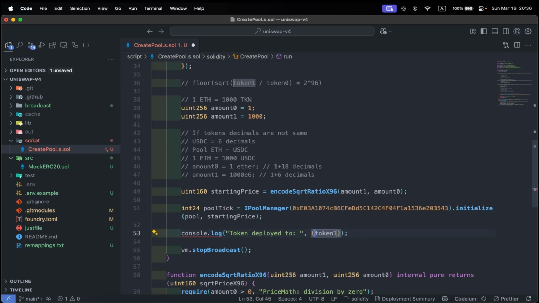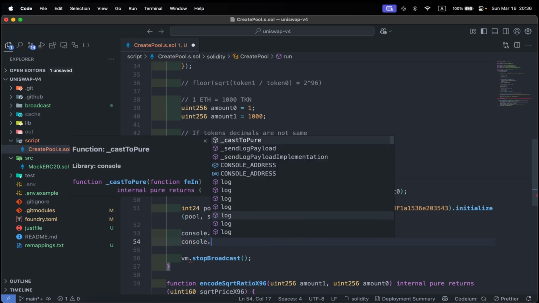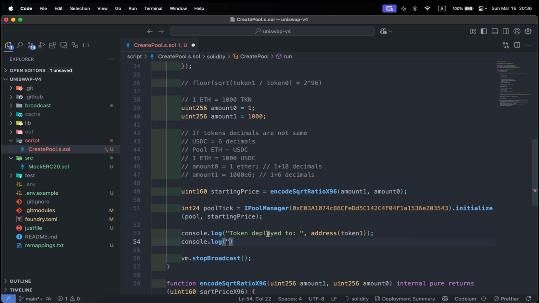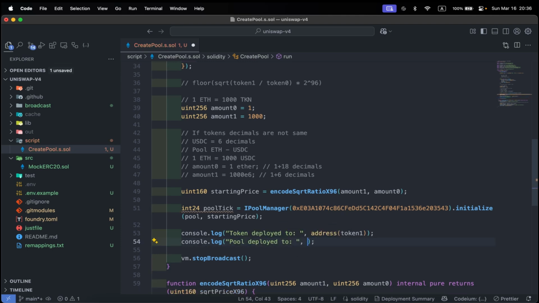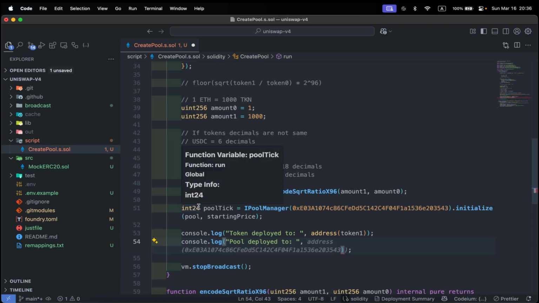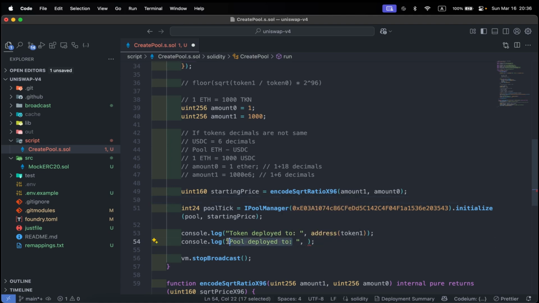Okay, we have the address here, token 1, and console.log pool deployed to. Maybe I would say pool tick is, because in order to get the pool address,